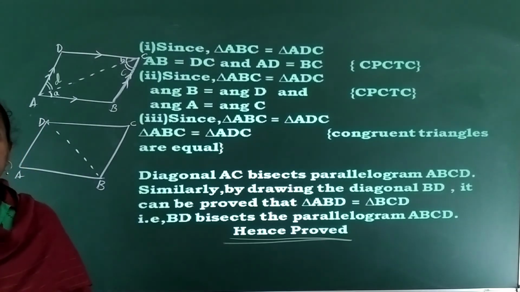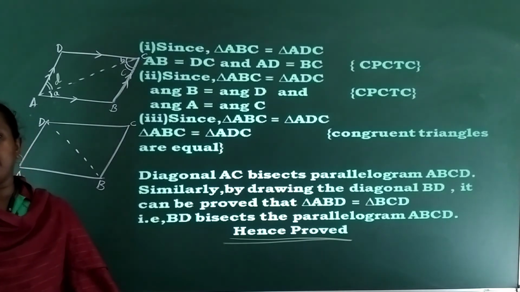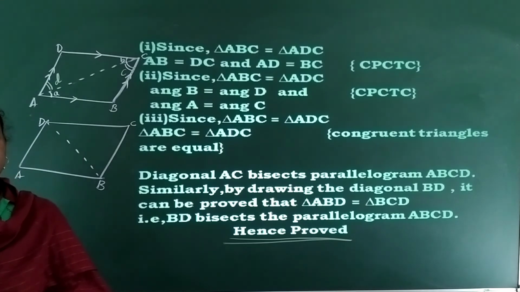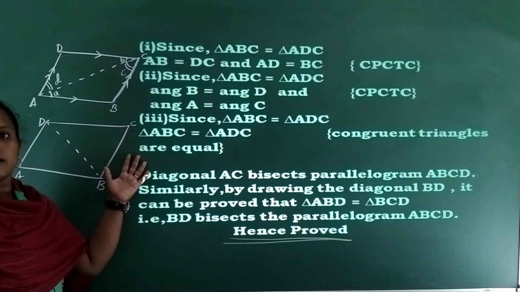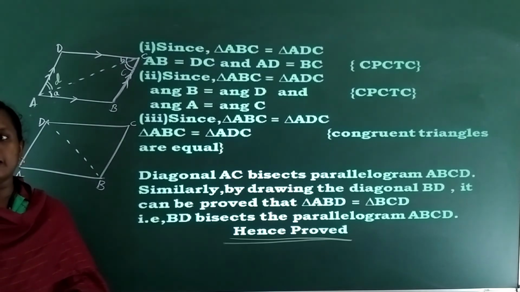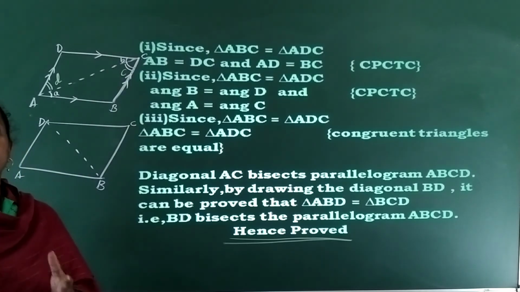Let us move on to the next session. Theorem number 5. 3 and 4 are no need, children, because whatever is in theorem number 3 and 4 is there in this theorem itself. So that's why no need to learn theorem number 3 and 4. Let us see theorem number 5. Theorem number